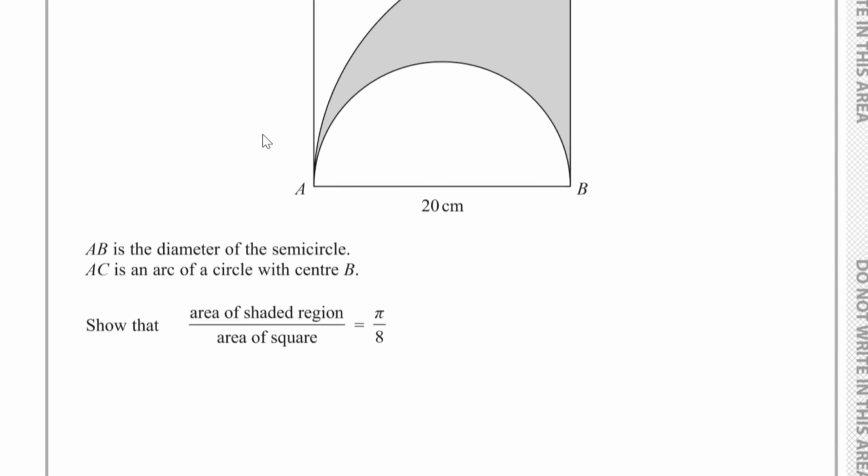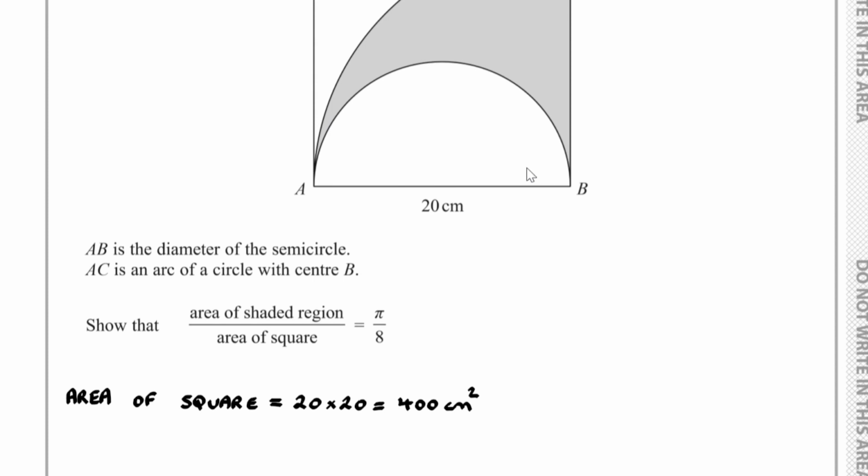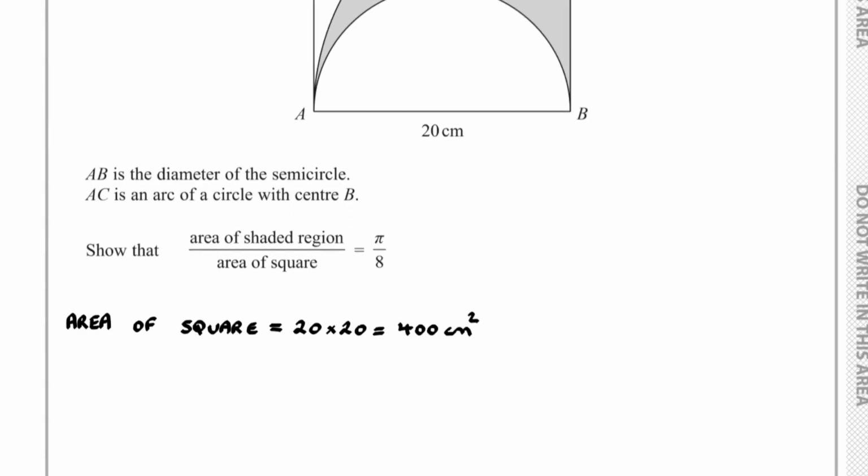Well, what we can do first of all is find the area of the square. The area of the square will equal 20 times by 20, which is 400 centimeters squared. We can now find the area of this quarter circle, recognizing that the radius is 20. So the area of the quarter circle is equal to pi times by the radius, which is 20, then squared, and I'm going to divide by 4. So I'm left with 100 pi